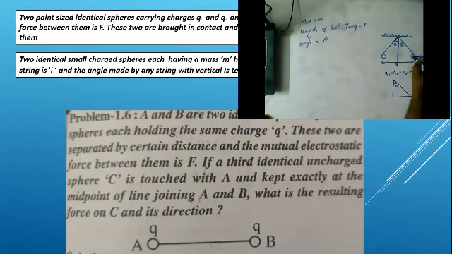This is due to the repulsive electric force. And here it is the weight mg, and it is balanced by the tension in the string. Now these forces will be resolved: whatever the angle here, here also the same angle, so this will be T cos theta, and here it is T sin theta.